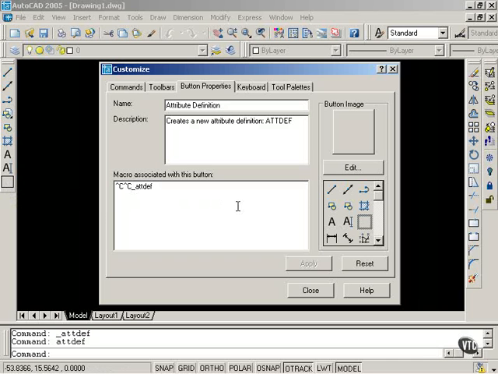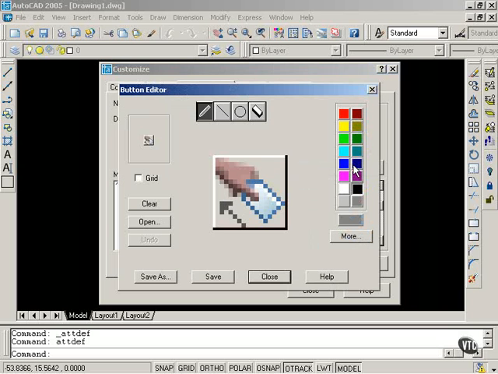And now I need to create an image. I can start from scratch, or I can use a pre-existing image and edit that image. So I'm going to select this image, and I will select Edit. This is my button editor. I can turn the grid on or turn the grid off. I can draw individual pixels using the colors that I have on the right hand side. I can draw a line, circle, or I can erase pixels. I'm now going to erase this arrow,